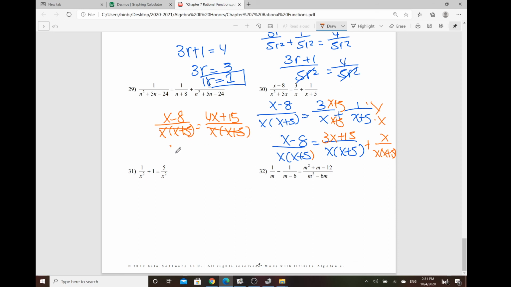So solve for x. So 4x minus x, which is 3x. Negative 8 minus 15, negative 23. So x equals what? Negative 23 over 3. Okay, so again, you can always plug the number back into the original equation and check your work. But one thing I just want to double check here real quick, making sure that is right. Least common denominator,